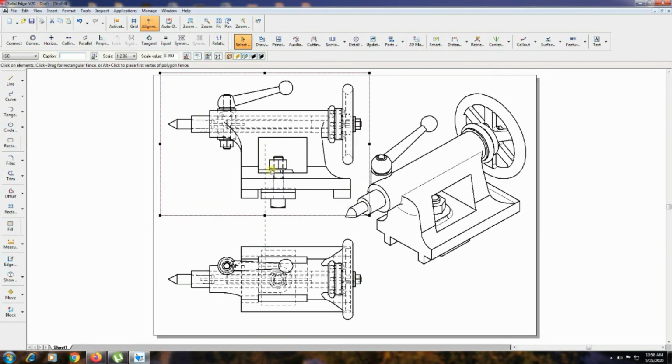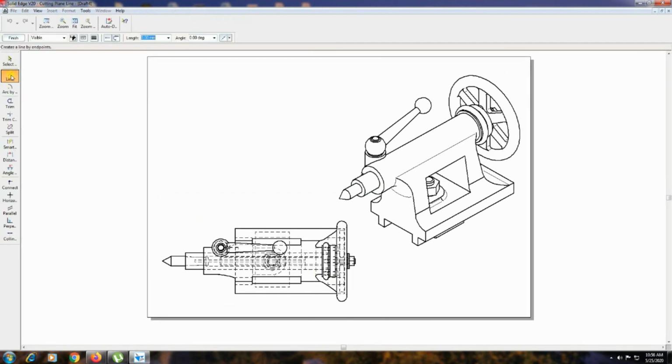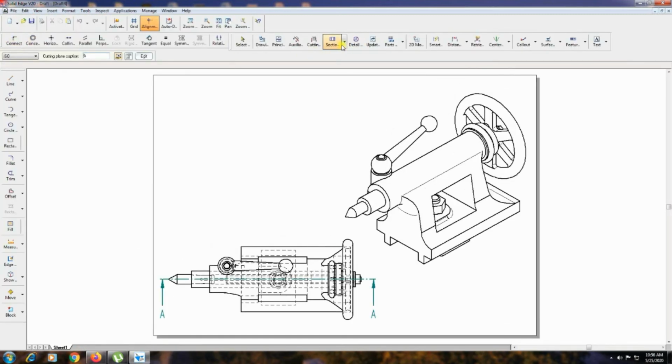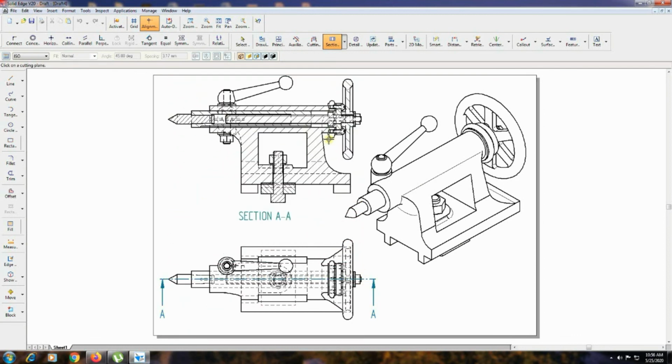Okay, after that, first you have to delete the front view and go to cutting plane. Now select the top view and with the line command draw one horizontal line like this. Then finish. Select section view and select that line. Move the cursor in the upward direction. Click here.